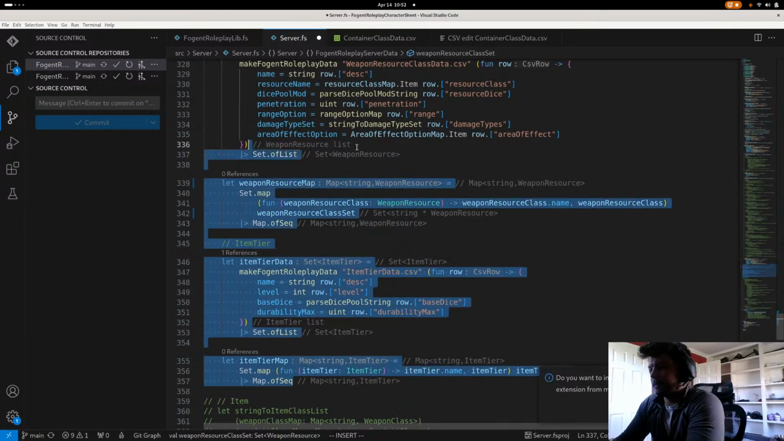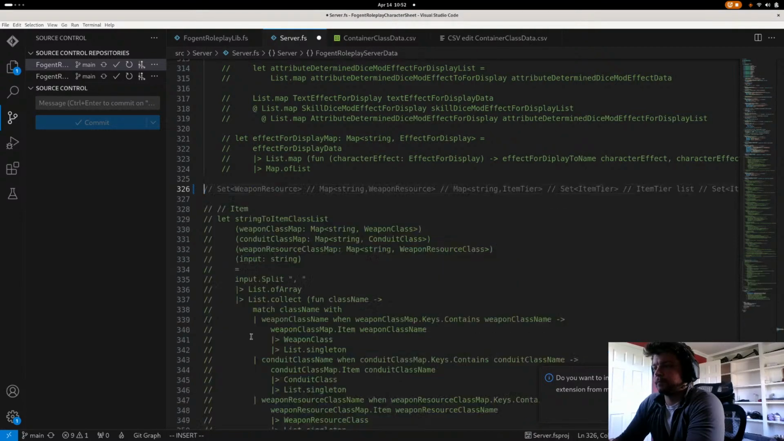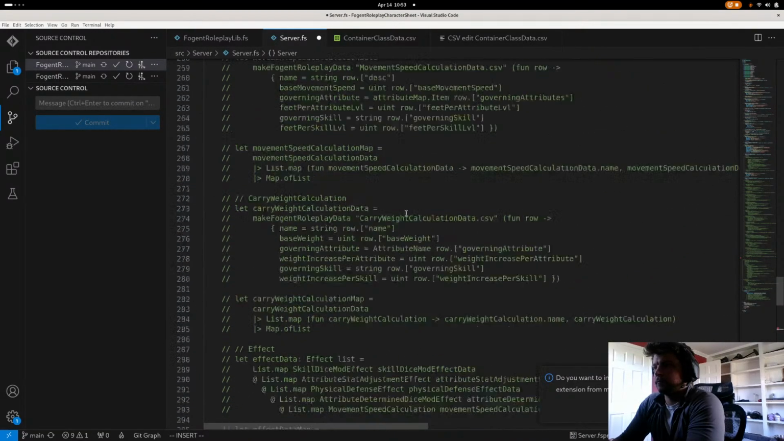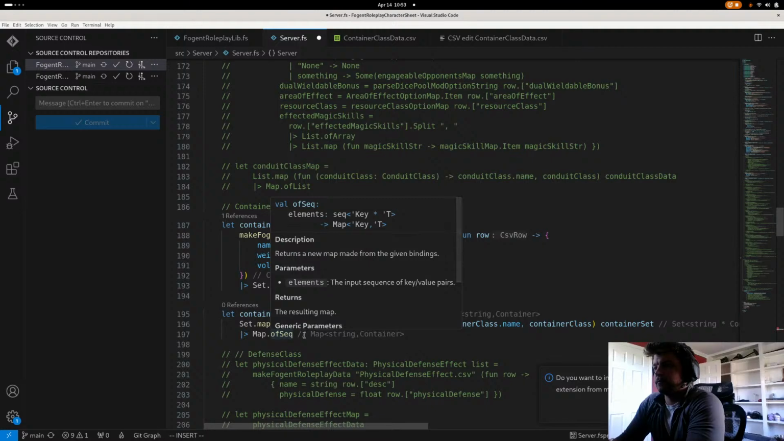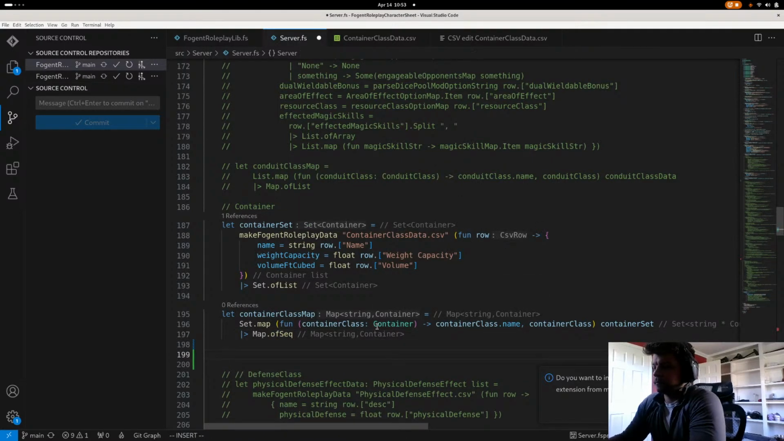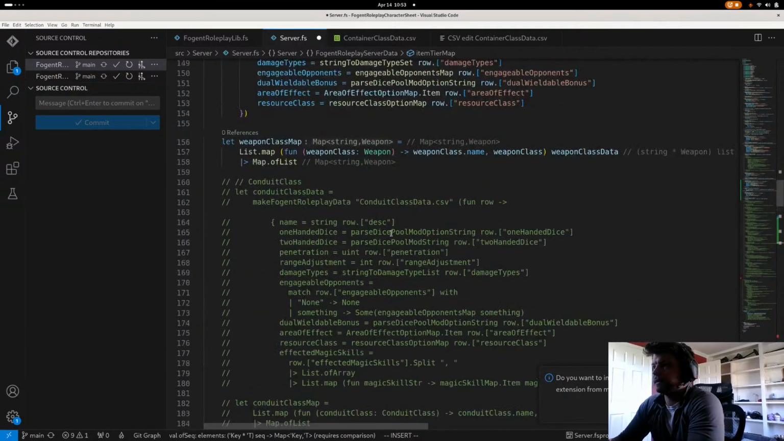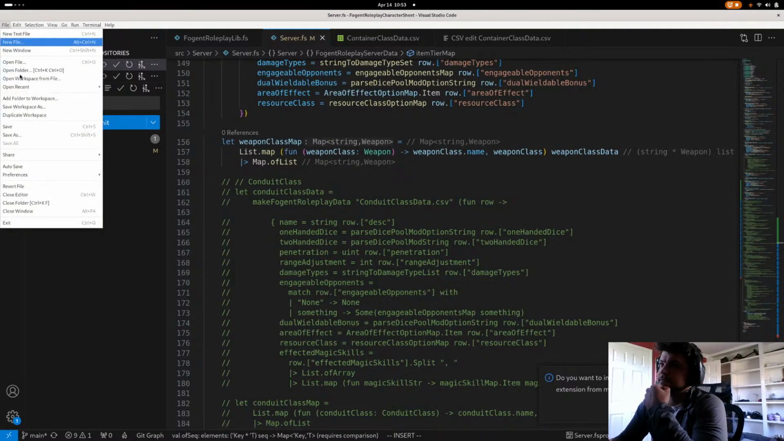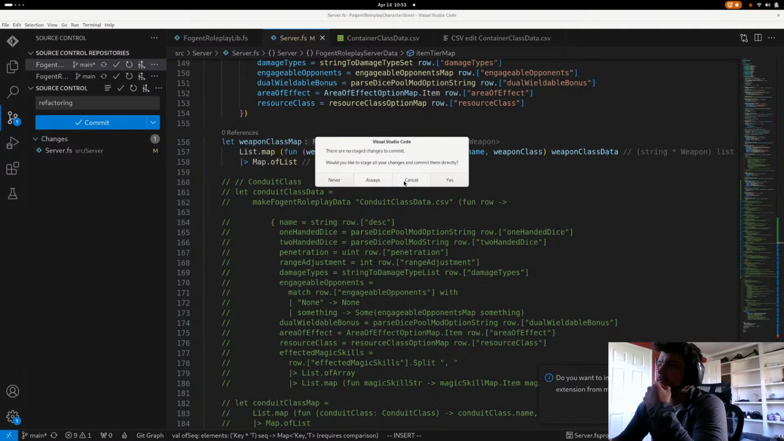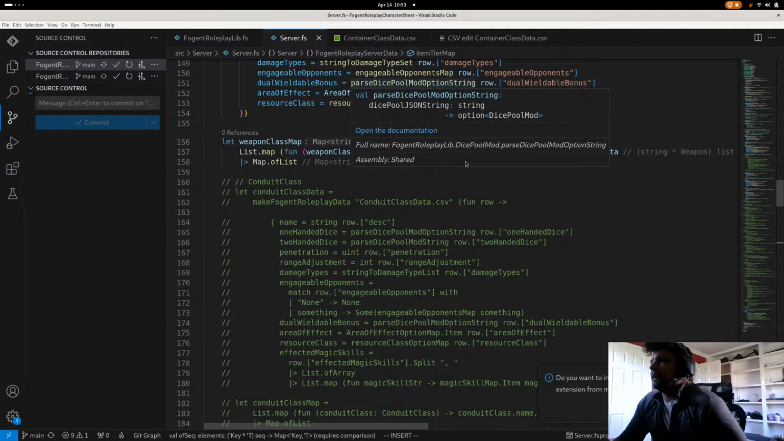We can move this up and keep some of the same logic together, because we're defining item classes here. So then, refactoring. Okay, and then